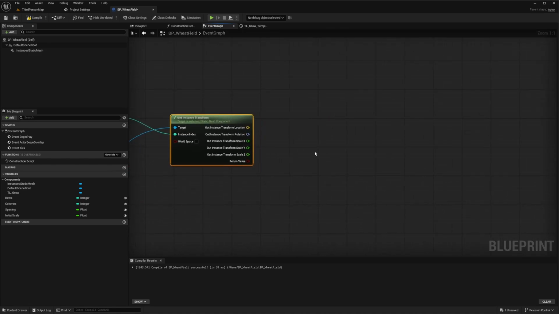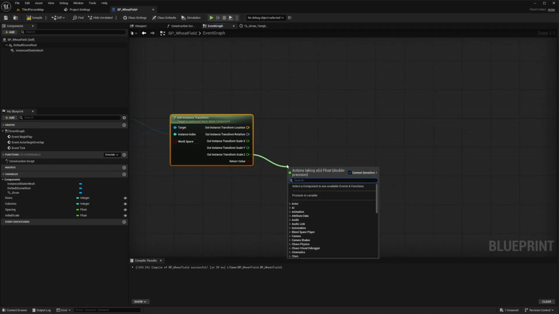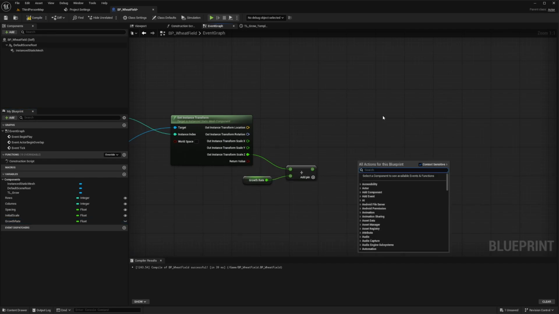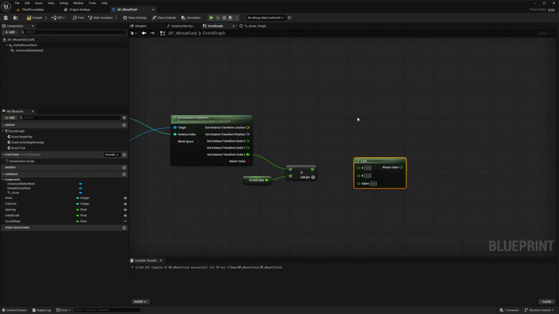Pull off from this Z scale value and create an addition node. Set this to something really low, like 0.002, and then we can right click and promote to variable and name it growth rate. Go ahead and make this instance editable too, so that we can control this conveniently like the others as well. So now we need to add a lerp node here so that the values will steadily change